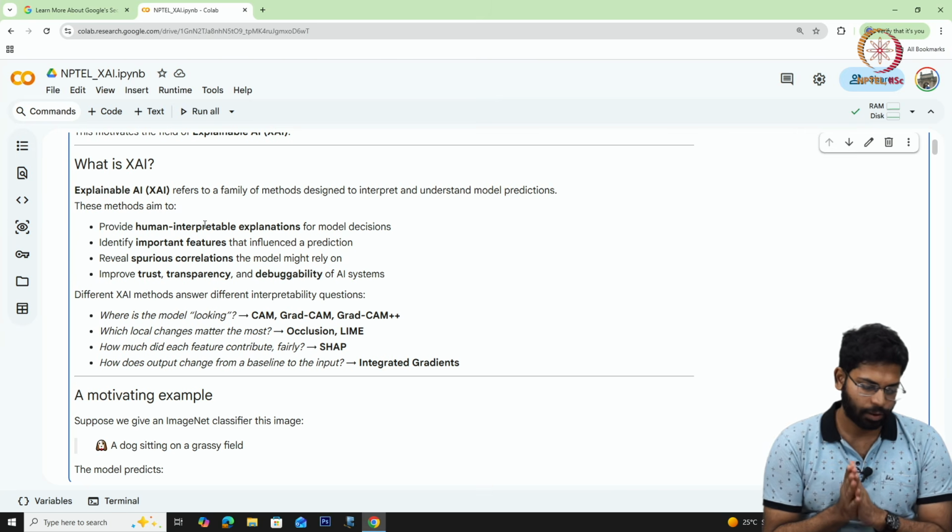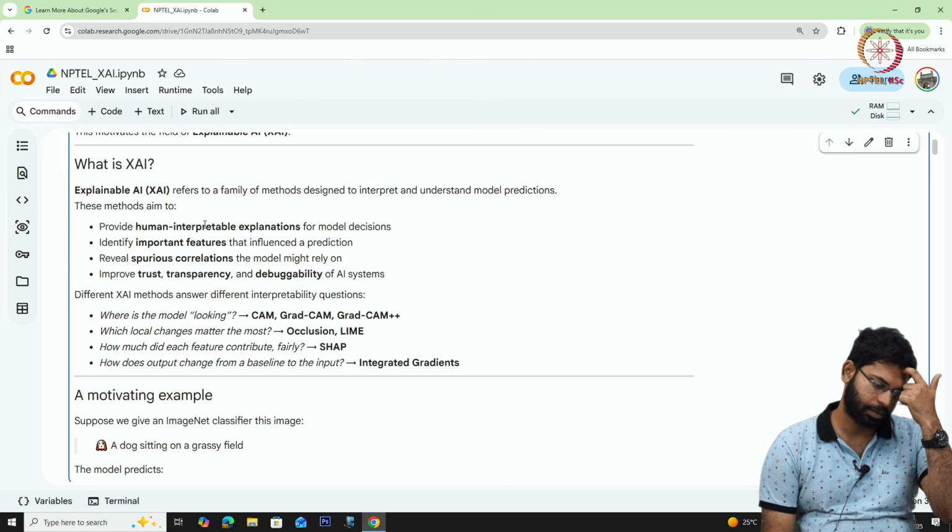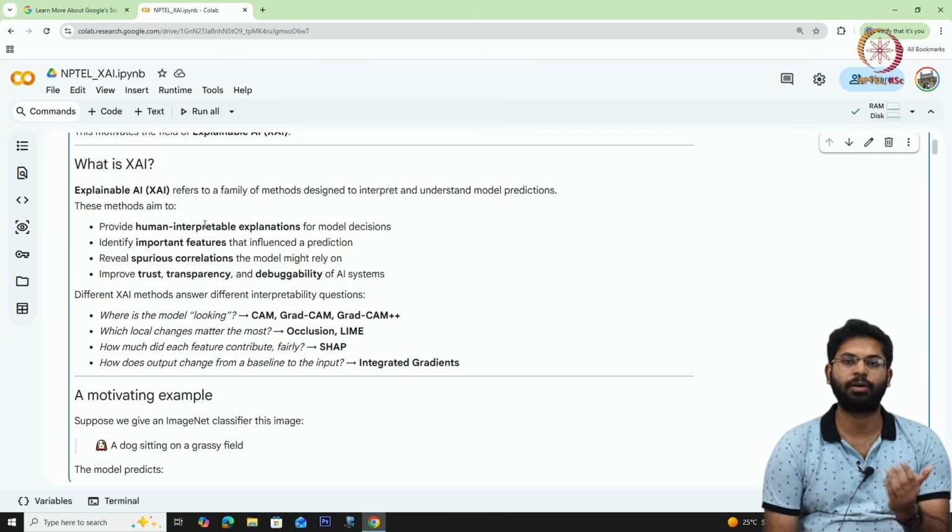So they identify important features that influence the prediction, reveal spurious correlations if the model has any, and improve trust, transparency and debuggability of the AI system in case they go wrong, or they are focusing on some features that are not supposed to be